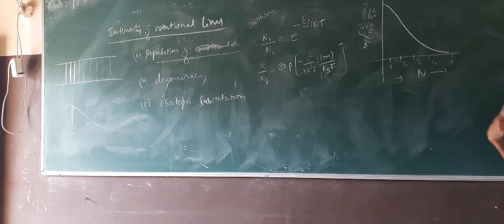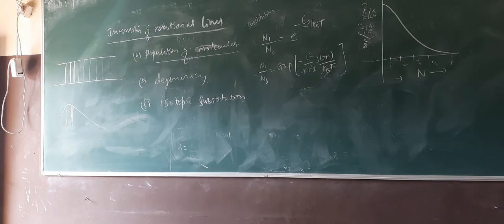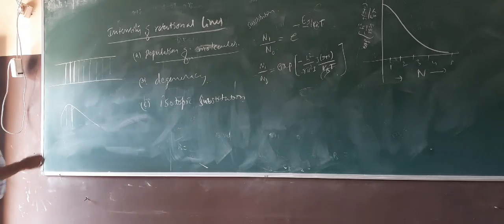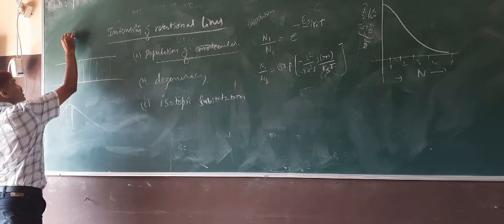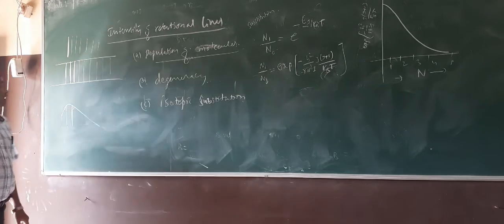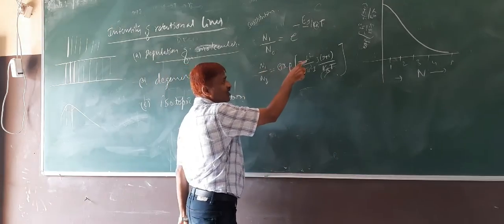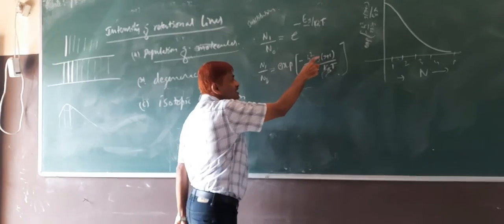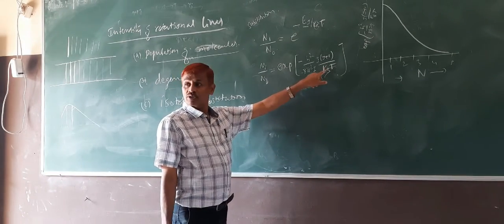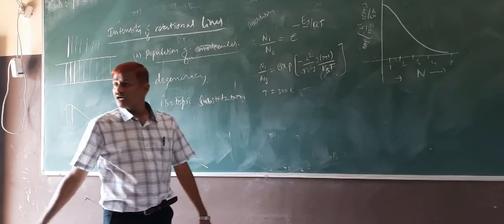That means which line is more possible here? According to that, the first line should be more intense. According to the population distribution, we should get it like this. But it is not the case. And if you calculate by putting all these constant values, put j equal to the first state and calculate. You put the Boltzmann constant, temperature say 300 Kelvin, and you take for